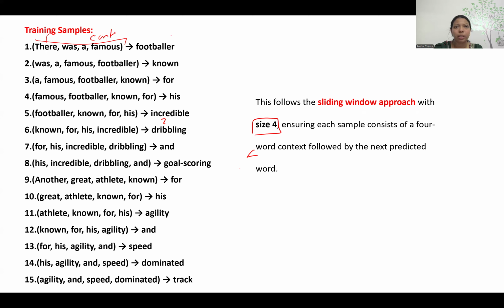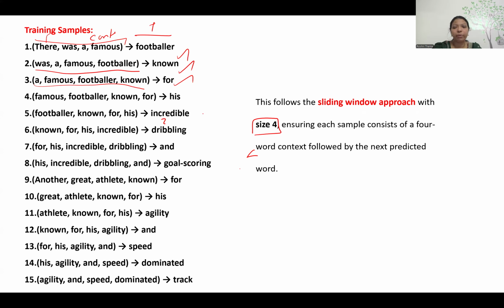Context. So this is the target word. So, known as a target word. Based on this given context, what will be the next word? This is the target word. A famous footballer known... what may be the next word? Like this, it will be generating so many training samples, and then it will train to find the next